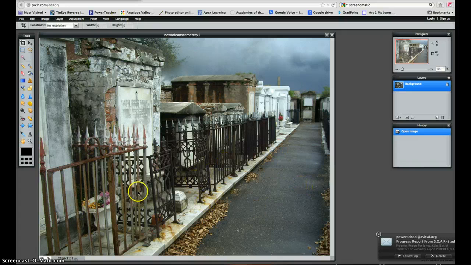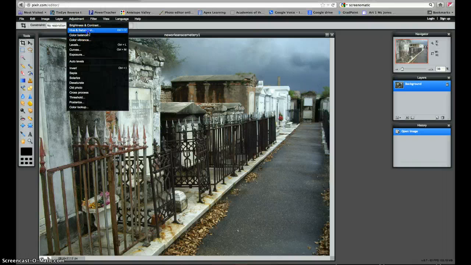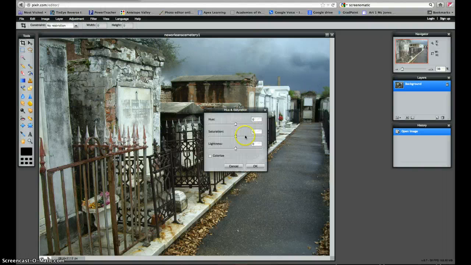So this is a picture of a cemetery. If you want to, you can adjust the image originally to start with. If you want to play with it, do any filters or any kind of editing. This is just the basic image. I might want to come in, do a little bit of adjustment to the color, maybe bring it up just a little bit. You might want to make it black and white. That's an option you might want to use, or